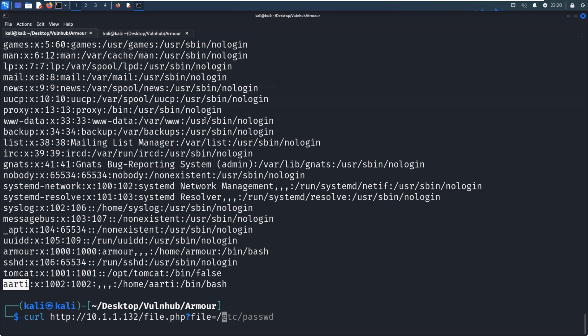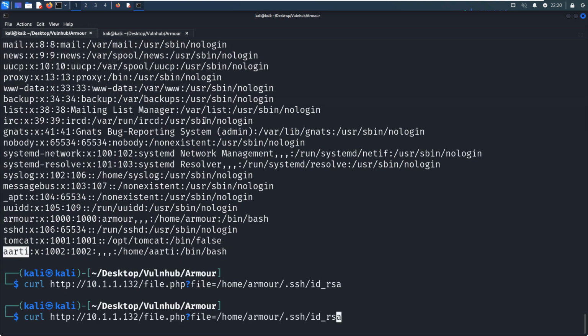To exploit the LFI vulnerability, we need to... I have already made a summary, so if you want such a summary, you can check it out on my channel. For example, first of all we can check whether we can retrieve the private key for all two users, but now, not.